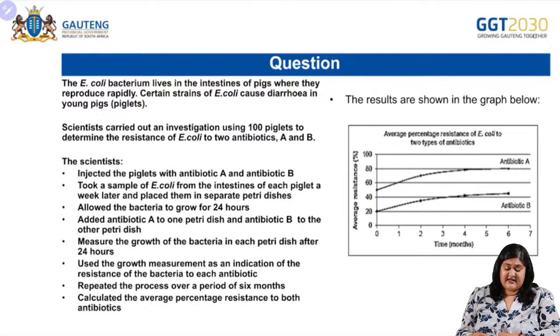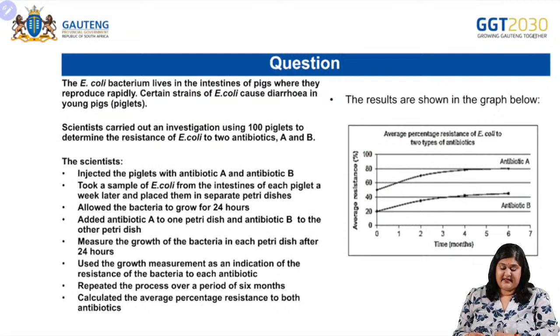Scientists carried out an investigation using 100 piglets to determine the resistance of E. coli to 2 antibiotics, A and B. The scientists injected the piglets with antibiotic A and antibiotic B. They took a sample of E. coli from the intestines of each piglet a week later and placed them in separate petri dishes, allowed the bacteria